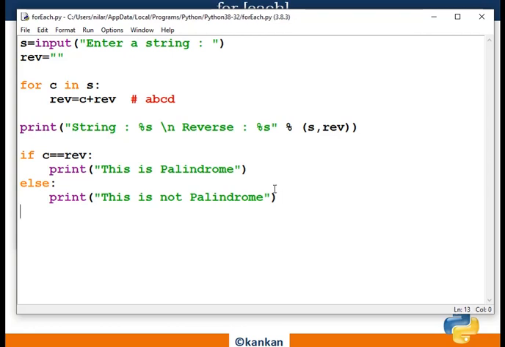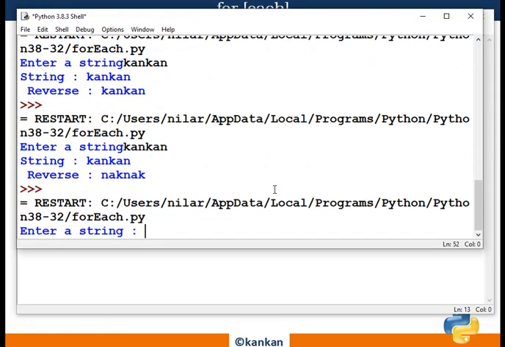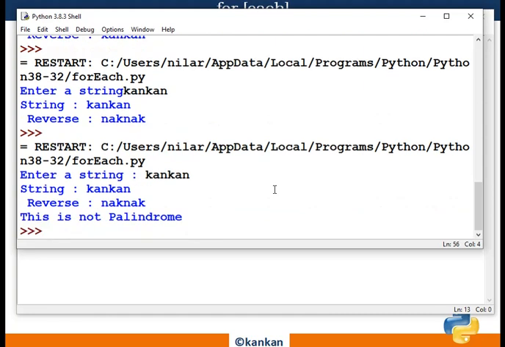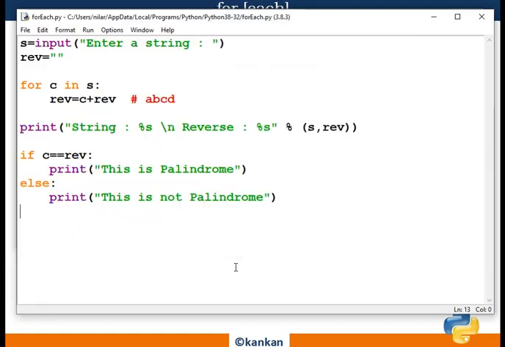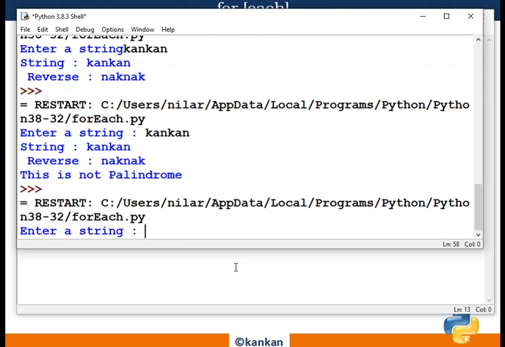Now run this example. Okay, enter the string. String is this, and in reverse, this is the reverse of the string. So this is not palindrome, this is not equal. Again write this one.